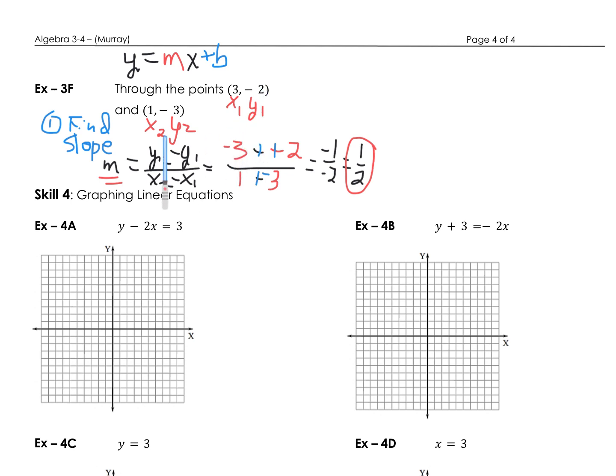I can choose one of these 2 points and only one, it doesn't matter which one you choose, and substitute it in for this x here and this y here. And we just found our slope here of 1/2, which I can sub here. That means that I know my y, my m, and my x, and all I would have to do is find b. So let's take step 2 and sub into